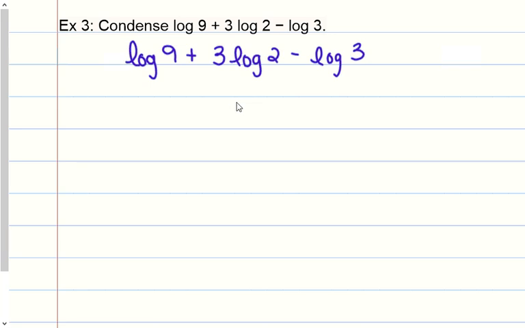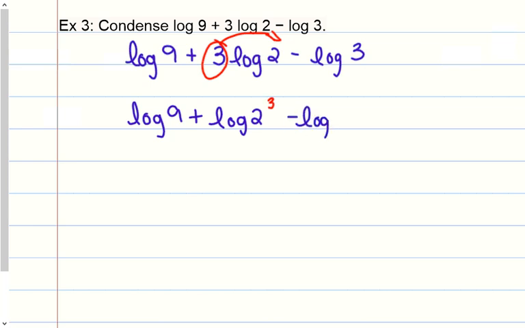So when we condense, we're working backwards basically, and that's going to be the first move. So we're going to take this coefficient out front, and we're going to put it up on the exponent right there. So now I have log of 9 plus log of 2, and now that's an exponent of cubed